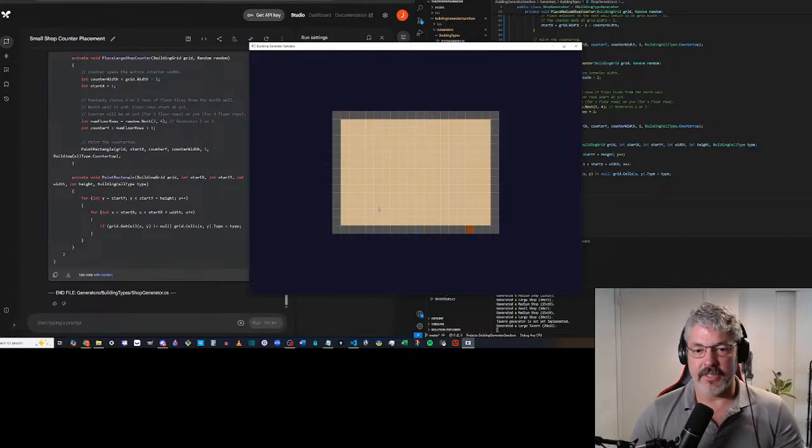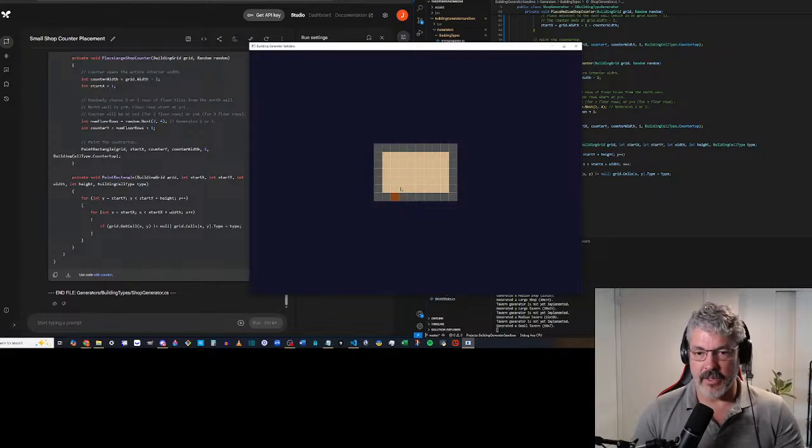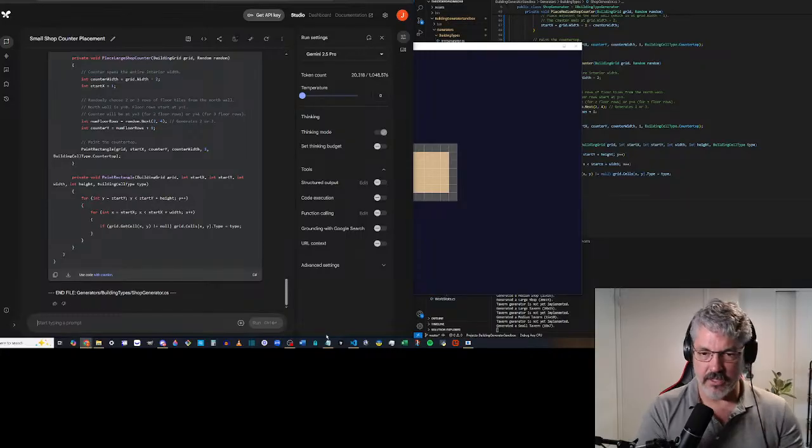So for the bar, for the tavern, I do want there to be an access. But even for the small one, one rule I'm going to put is that the countertop, or the bar, let's call it the bar. I'm going to call it a countertop to the AI, but obviously we are dealing with a bar. It'll always go all the way over except one tile away. And instead of me talking too much, let me just say, okay, this is great. Give the AI some positive feedback here.